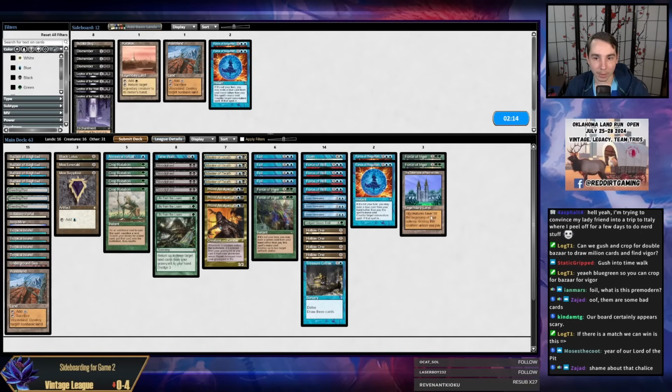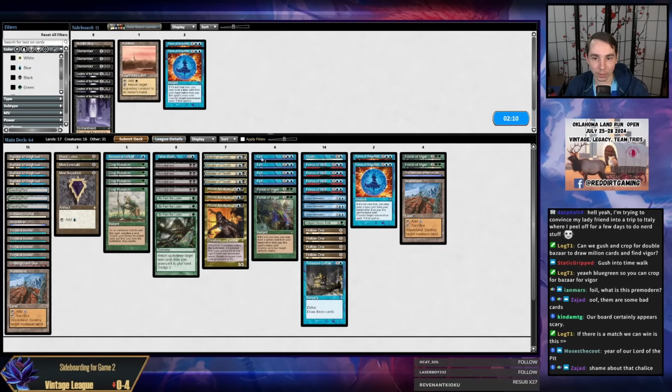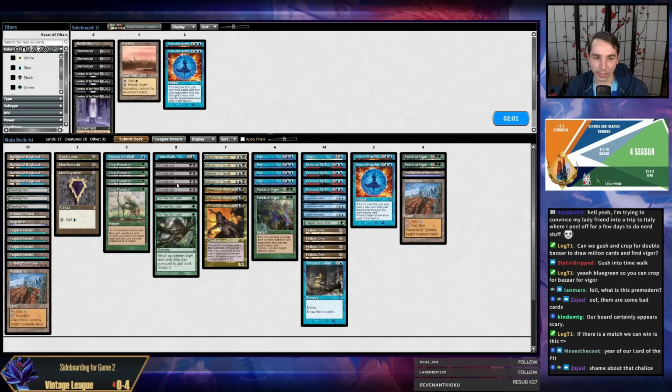I kind of think I am going to bring in Tabernacle, because one of the ways we win this game is actually Loam locking our opponent. So I actually think Tabernacle is useful. I don't know about Dismember though. I kind of hate the idea of Dismember, but...